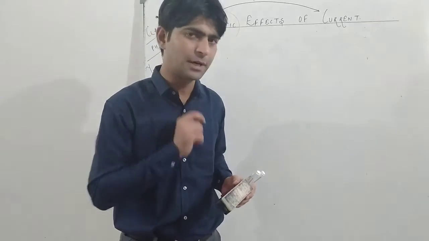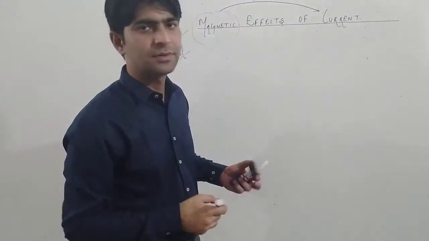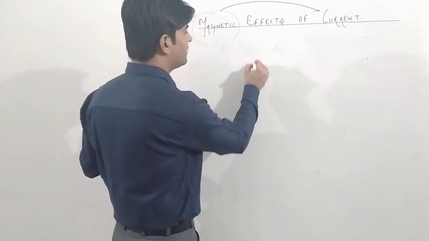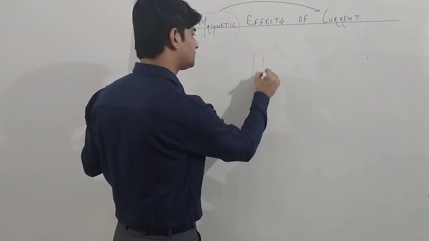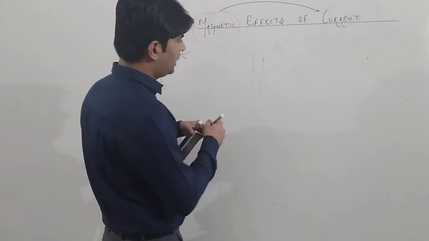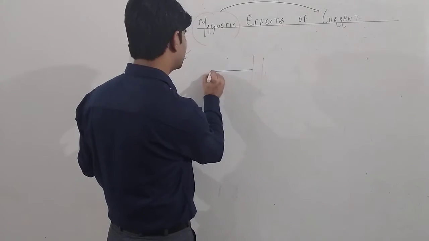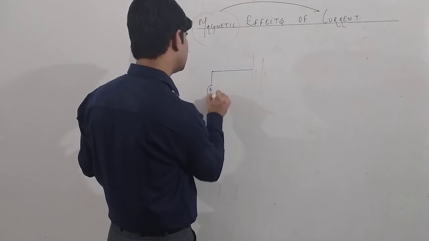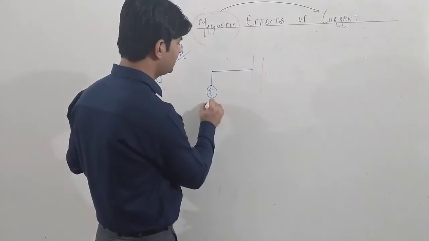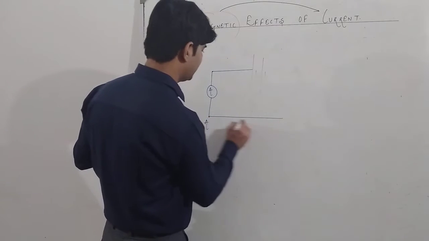So before going to the practical demonstration, let us first see the theoretical terms in this experiment. Suppose I have taken a battery. This is your battery, and I have made a connection here. You can connect an ammeter just to see the value of the current produced by this battery. This is a straight wire I have connected and named it as